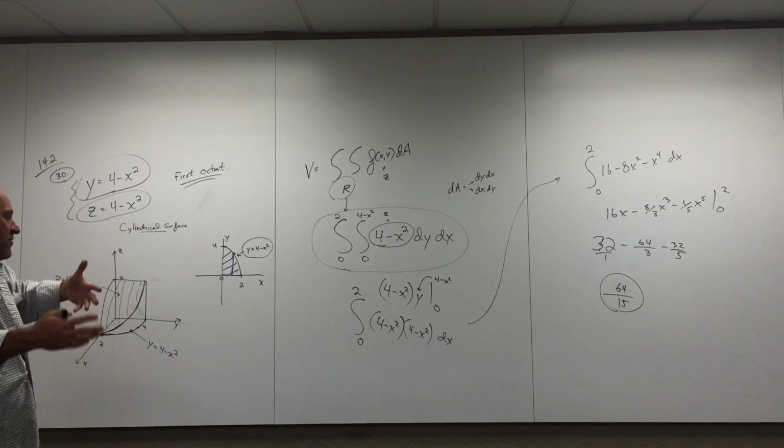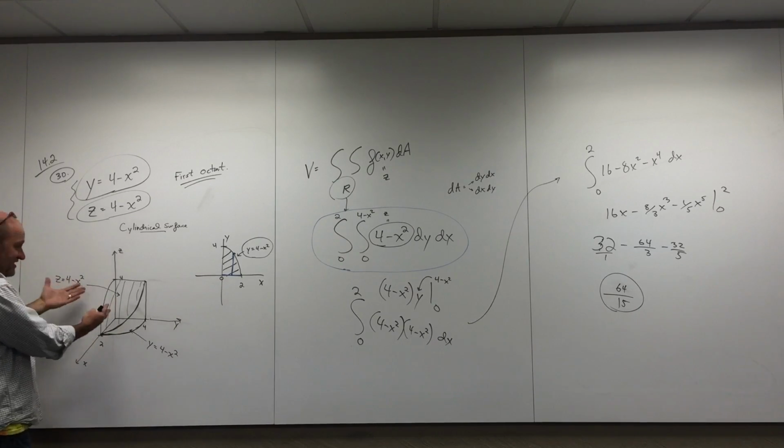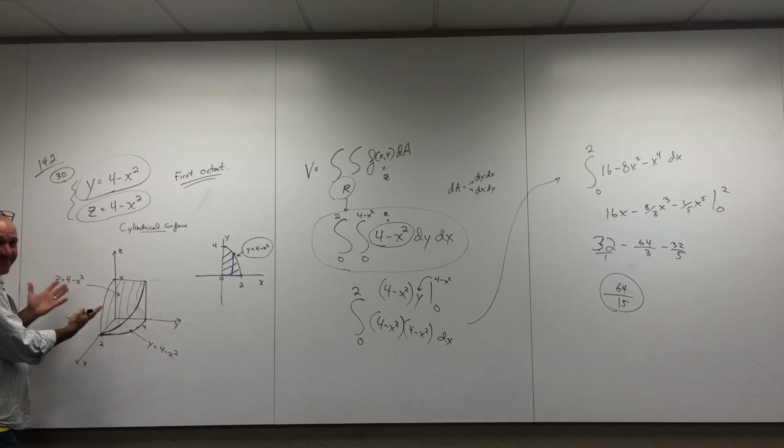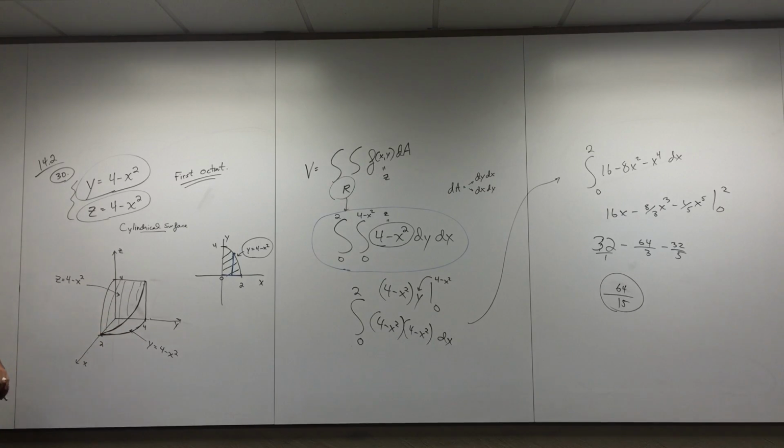What is it? It's the volume. Volume of this? Dude, this is a wedge of cheese. It's 64/15 cubic whatevers. So how did we find the x boundaries, 0 to 2? This picture,